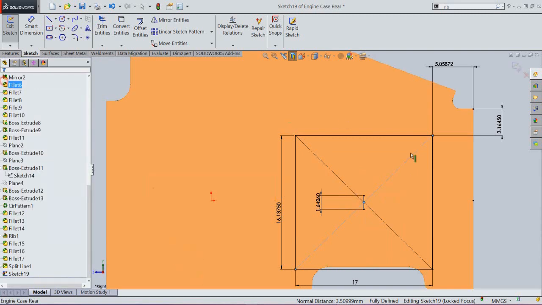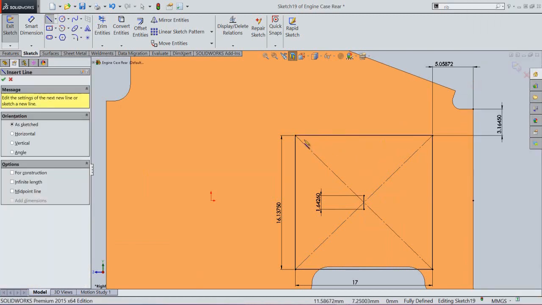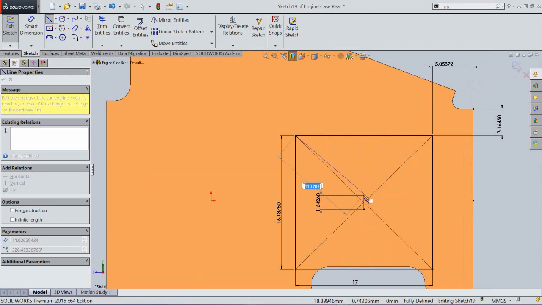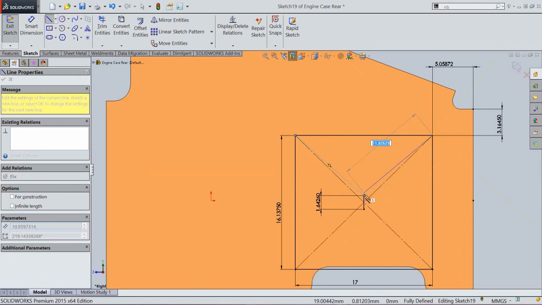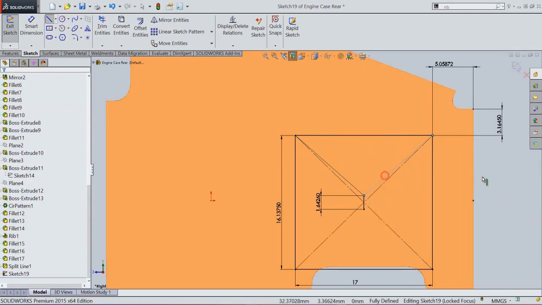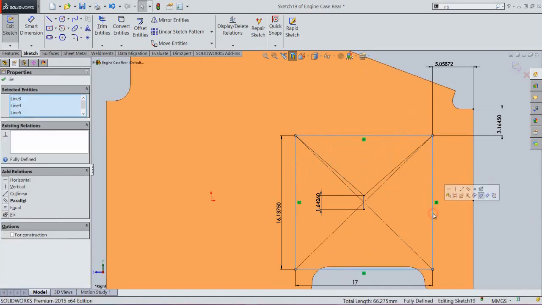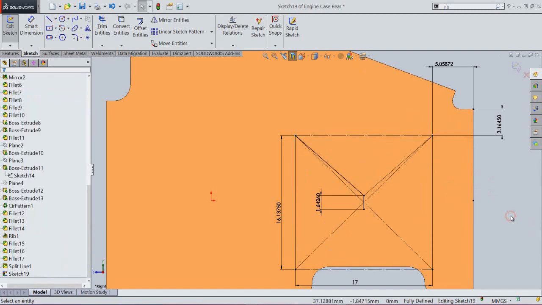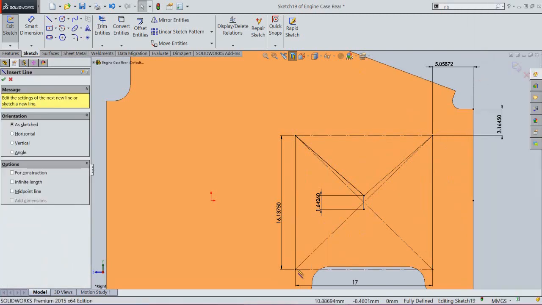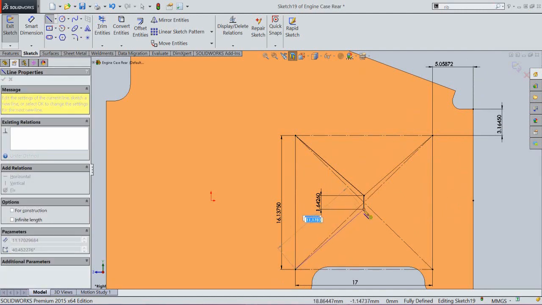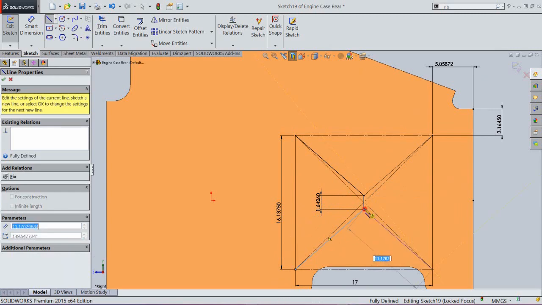And apply midpoint relation. Create another line to connect this line. Select the 4 corner lines and convert it to construction geometry. Draw the sketch like this. Okay.